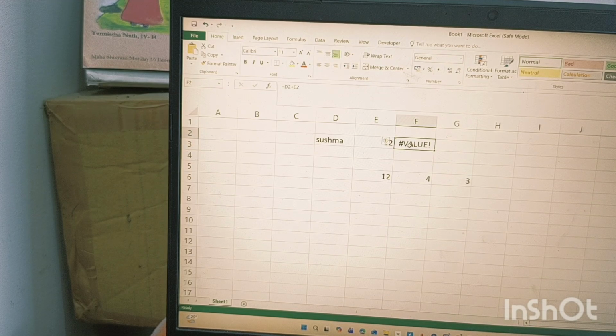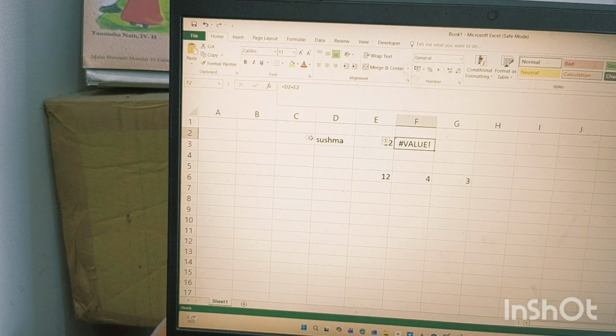It means after clicking you will get that in D2. In column D, this is D and this is row 2. So when the cell meets here, D and 2, that is called D2, and this one is E2.